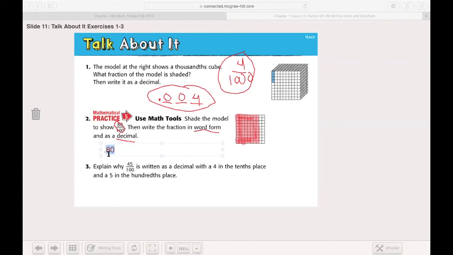And remember what I said before. 80 over 100 is equivalent to 8/10. Therefore, the 8 is in the tenths place. Notice the same thing is true when we go over here. If these were columns in a tenths model, 8 whole columns are filled in, 8/10. Okay, so that is how we would represent the decimal. In word form, it would be,